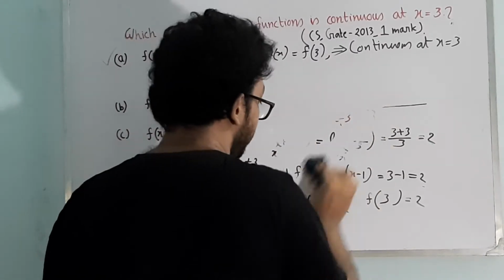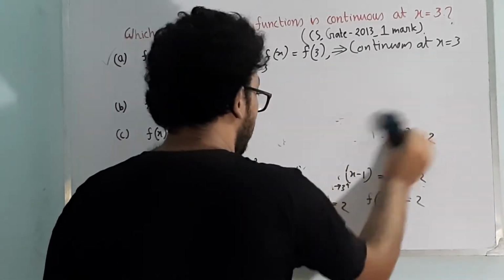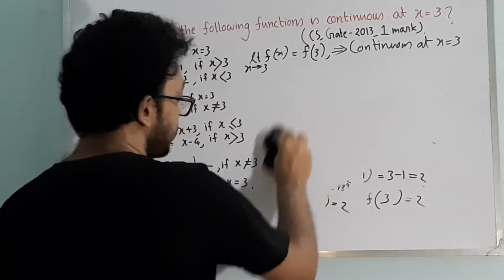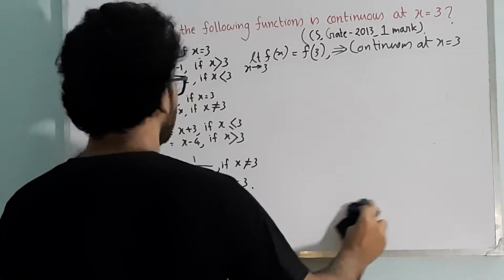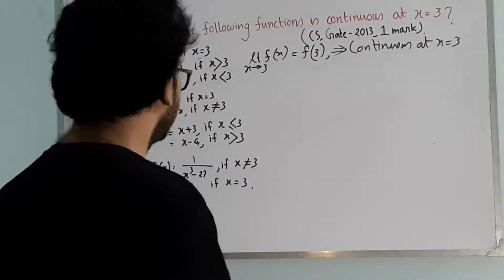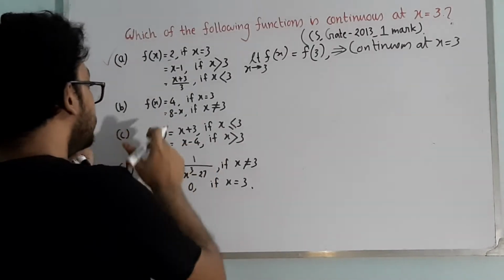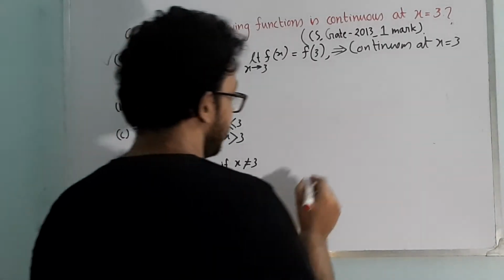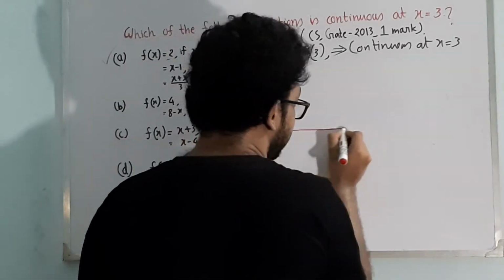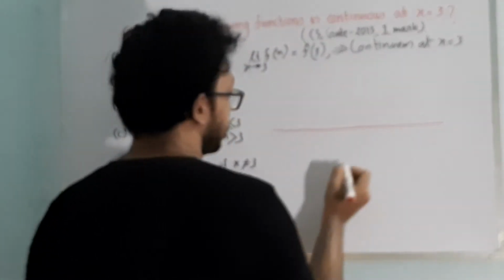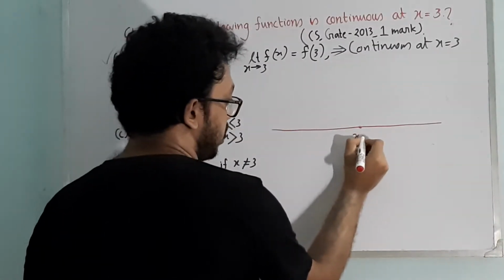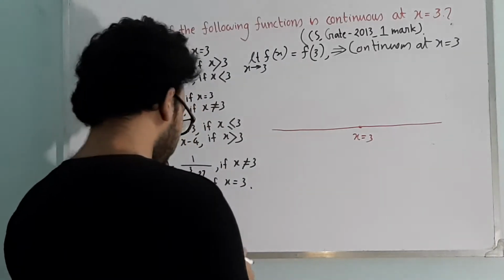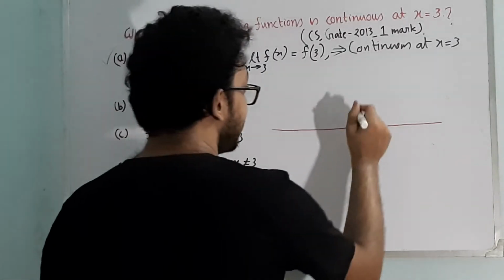Now come to the option B. The option B says that we have a function f(x) which is equal to 4 if x is equal to 3, and if x is not equal to 3, then f(x) equal to 8 minus x, right? So suppose this is the x-axis, and suppose this point corresponds to x equal to 3. The problem says that at x equal to 3,